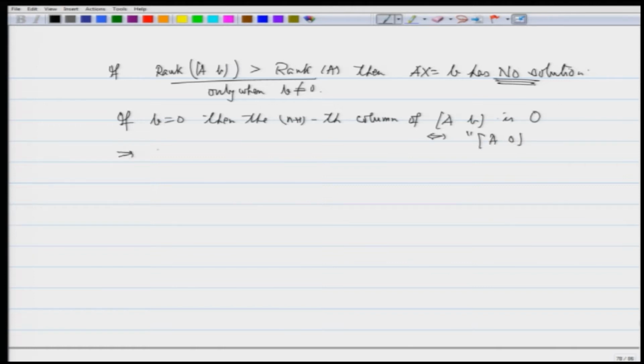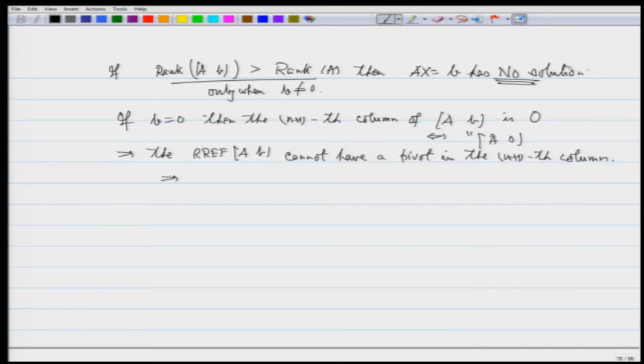This implies the RREF of AB cannot have a pivot in the n plus 1th column,